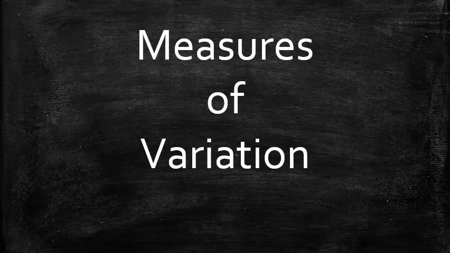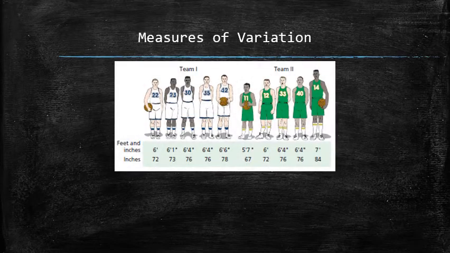Next, we will discuss the measures of variation or spread that describe how much data varies from the center. Consider the two sets of players. The mean of each group is 75, but clearly the two teams are not the same. One of the differences between the two teams that any measure of the center doesn't capture is the variety of